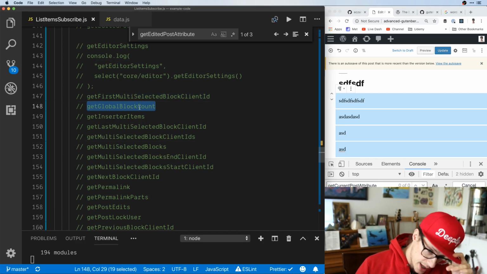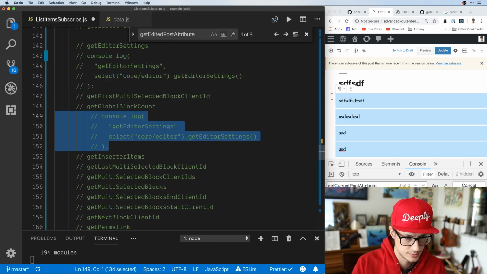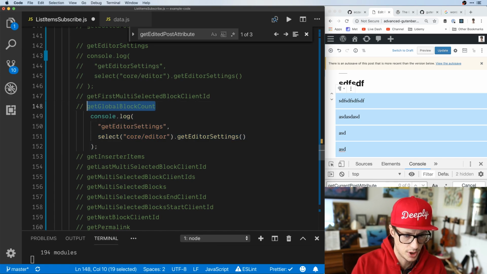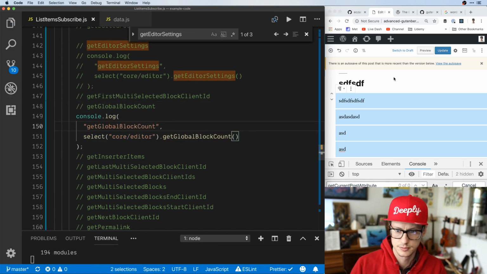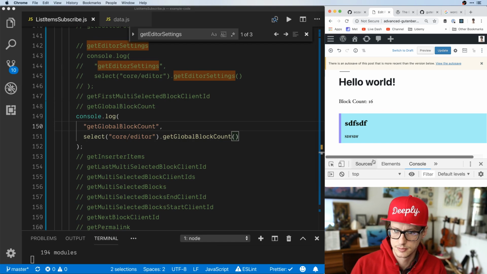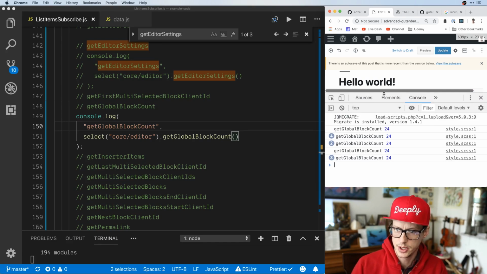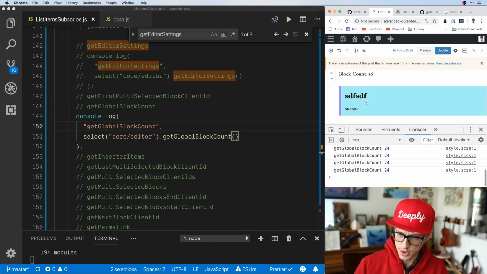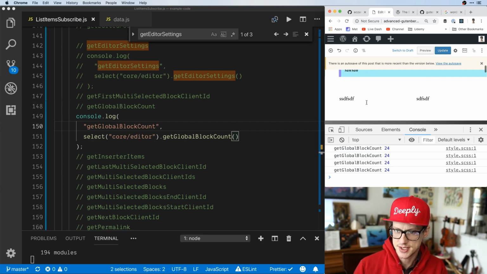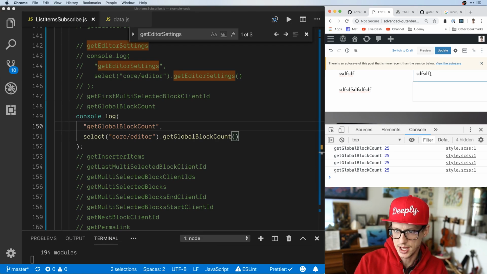So get global block count. What's this about? I want to know what that is. Get global block count. 24. So this is a nice and confusing number, right? Because we know that the block count on the page is 16, but is it 16 even if we have inner blocks? So now it says it's 25, that still says 16. So it must be that,